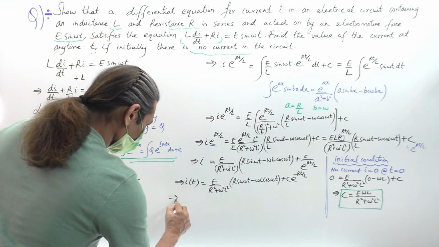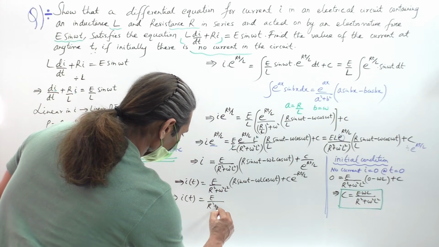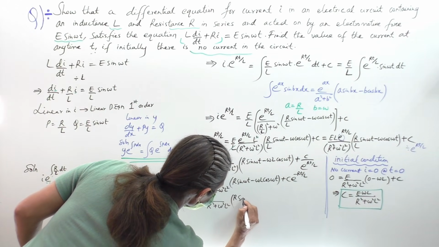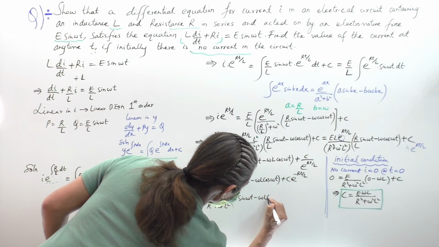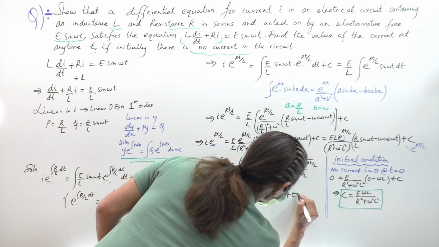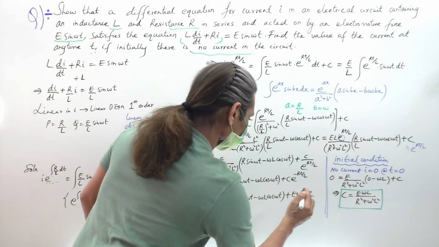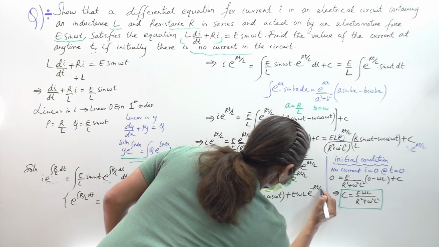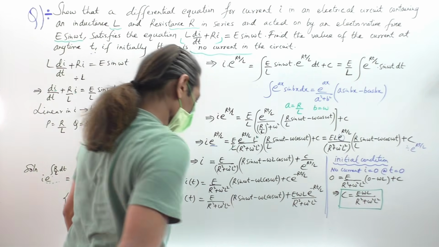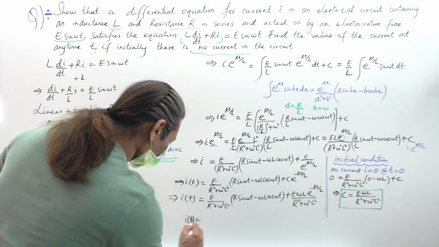Therefore, I at time t is equal to E whole divided by R square plus omega square L square into R sin omega t minus omega L cos omega t, plus C, which is E omega L into e raised to minus Rt by L upon R square plus omega square L square. Therefore, the final answer will be I of t is equal to,